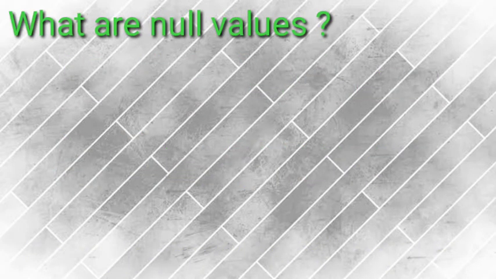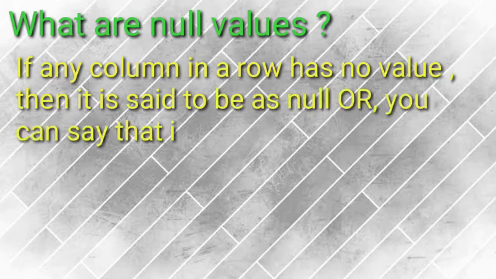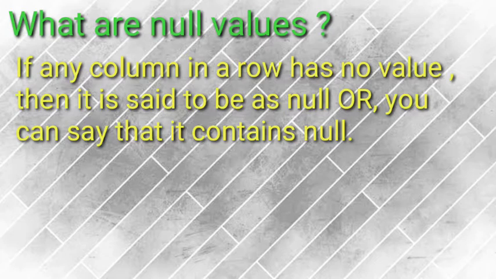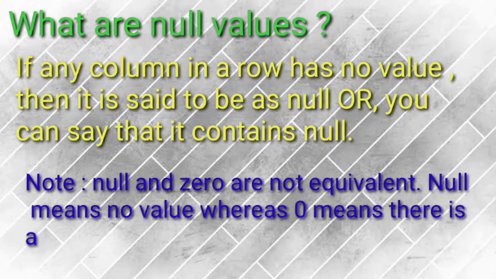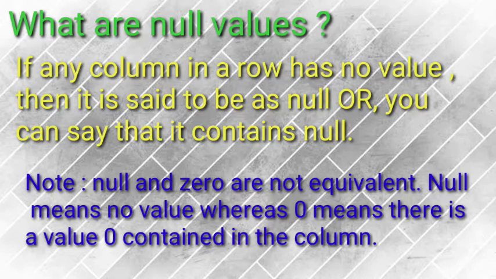Now, null value, what are null values? If any column in a row has no value, that is said to be null. By default the null value is accepted. If you want it not to be allowed in your table, it means every column should have at least one value, so you can also specify that while creating the table. That we will be seeing in the upcoming videos, how we can assign the null value in a particular field, in a particular column of the table.